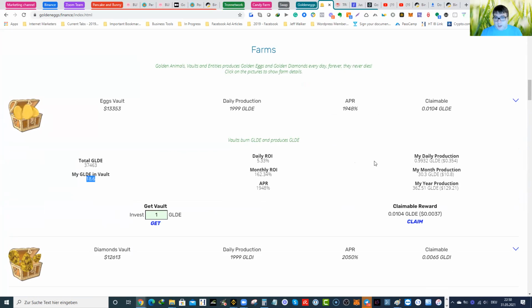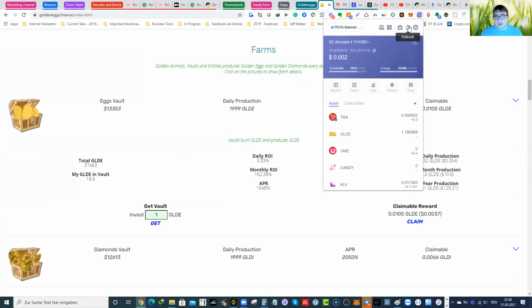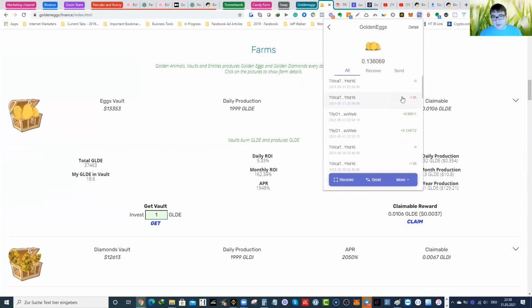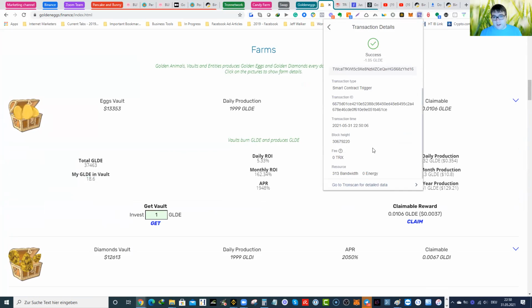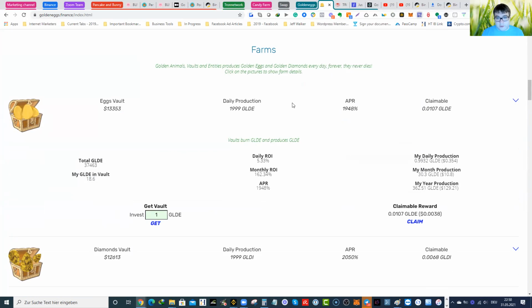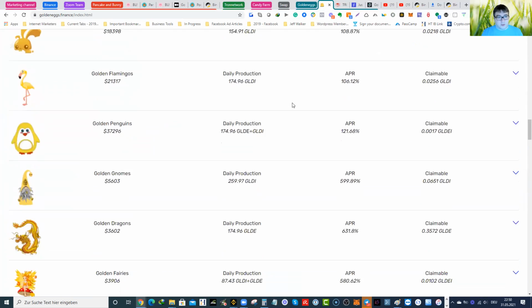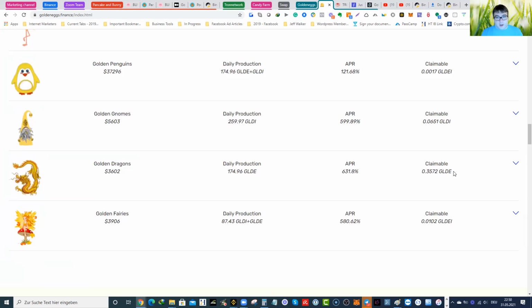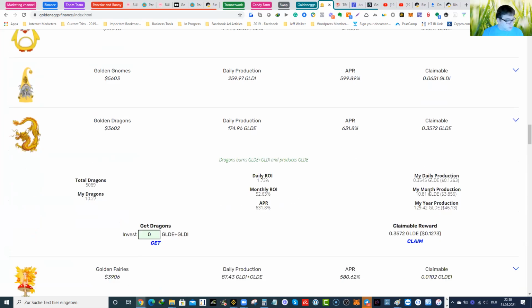$18.60 and almost 1 golden egg per day. If I go to TronLink and refresh that page, you see that I have spent 1.05 and I did not pay anything. So the fee is still 0 Tron, only the bandwidth is going down. So you see I still have 3,500 in bandwidth. What I will do next is go for the golden dragon thing